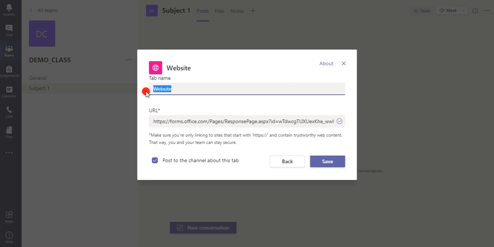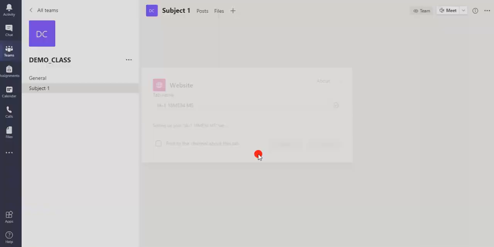Then in the website give the name IA1 18ME34, your subject code, then unmark 'post to the channel about this tab'. Let it be, or else you can mark that one. Don't mark it, because whenever the students go to that channel, they will come to know by going through this tab itself, IA1 18ME34 MS, then save.